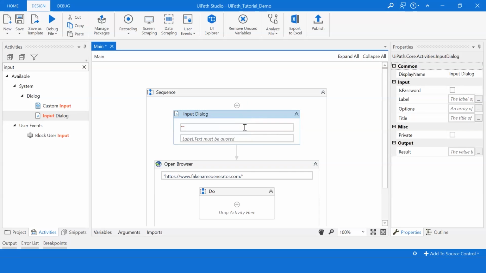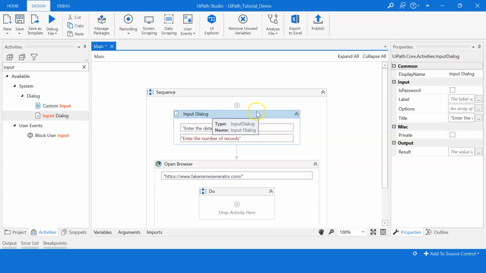So I'll put it within double quotes, say enter the details of customers or say people, and then here I'll give enter the number of records you want to fetch.